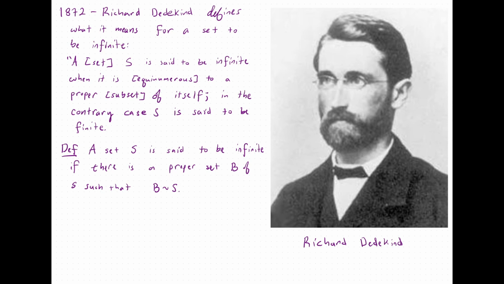That same year, Cantor also gave a definition of what it meant for a set to be infinite. Now, both Cantor and Dedekind approached this formulation of what it meant for a set to be infinite by their motivation to rigorously define the set of the real numbers, which up to that point was taken as an intuitive definition. And that was a big problem in the 1800s, well actually anything before the 1800s, that was one of the big problems in mathematics.